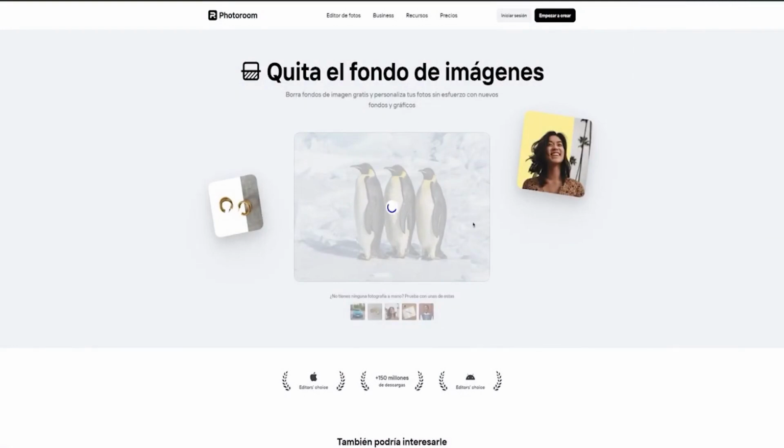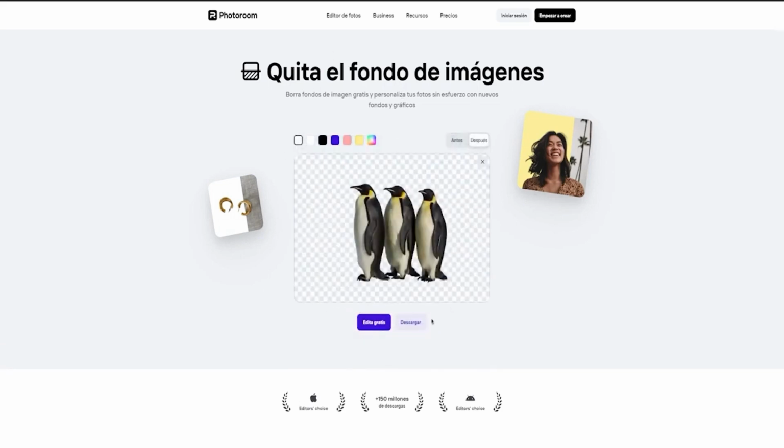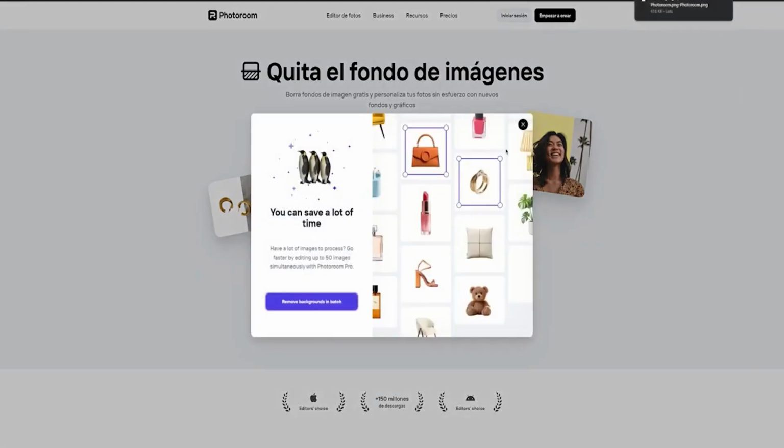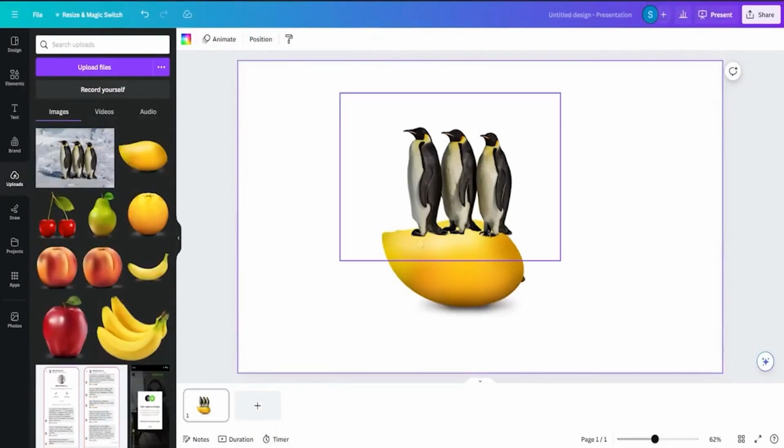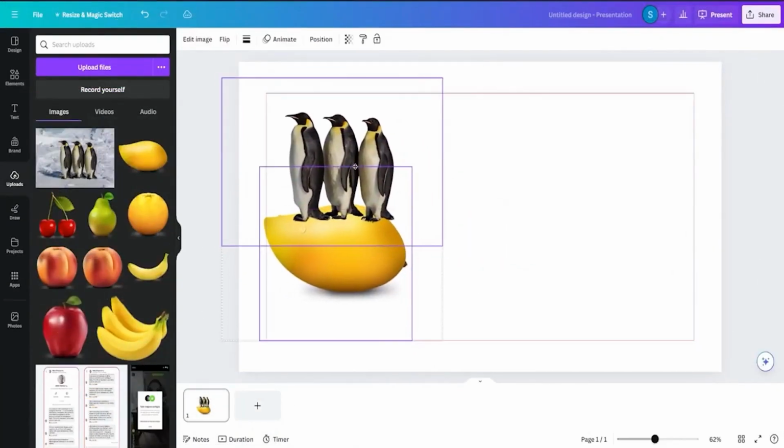Once it has loaded, the image with the background removed will appear. As you can see, all that's left to do is download it. It doesn't download at the highest resolution, but offers better resolution than the other platform, so that's good. Here I set it to standard resolution. It downloads, and if I go back to the Canva page, we will place this here and lock it so